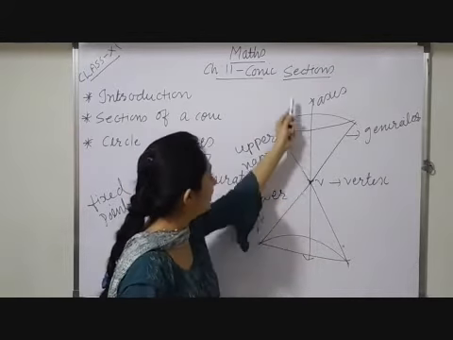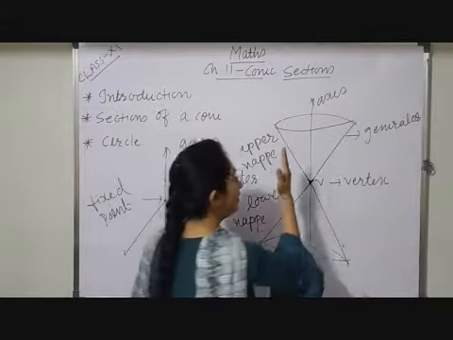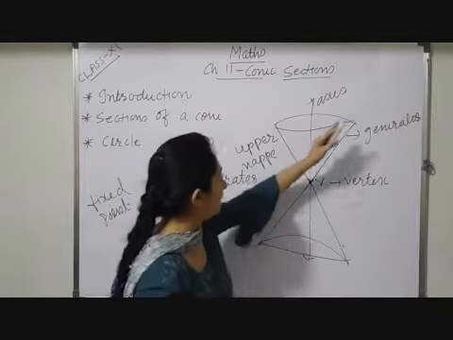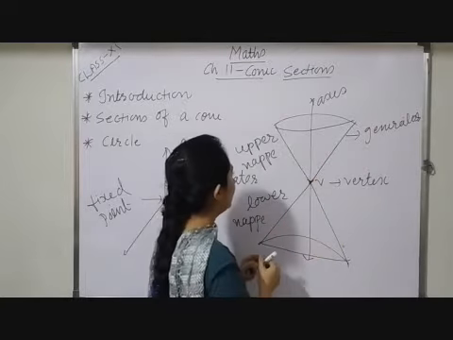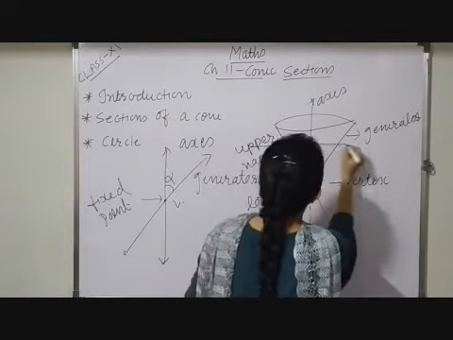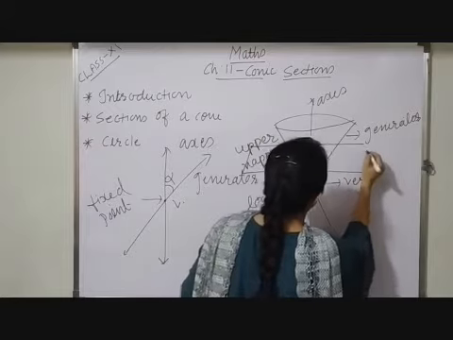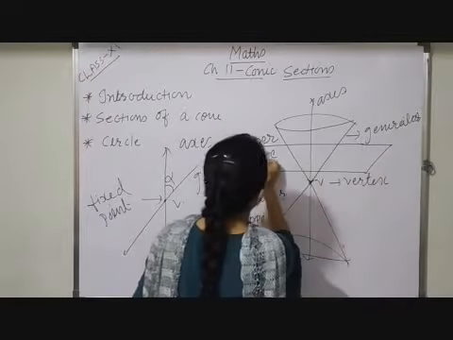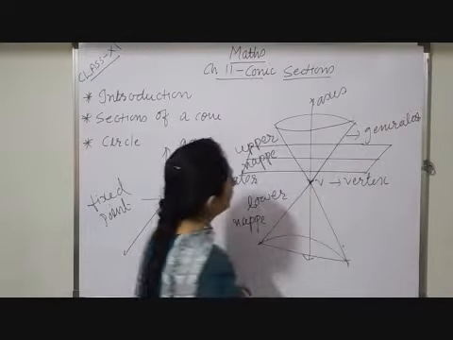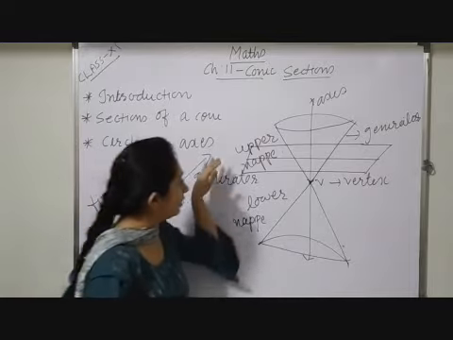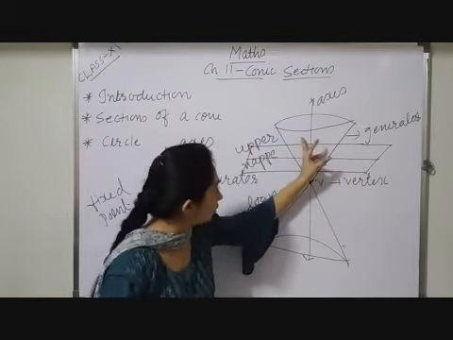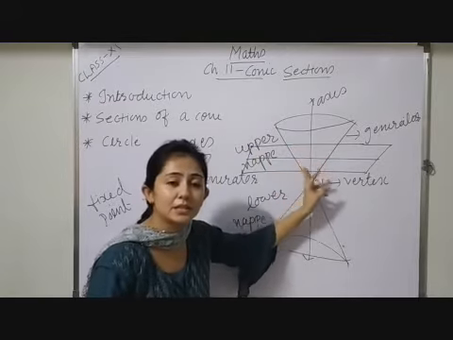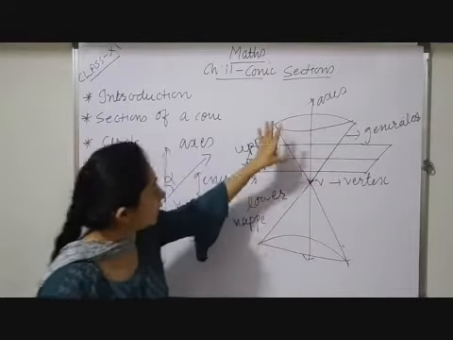If I do an intersection vertically, we'll divide the cone into two equal parts. If I cut it in a slant manner, we'll divide it like that accordingly. Suppose this is my plane. Now, if I do an intersection with this cone using a plane,